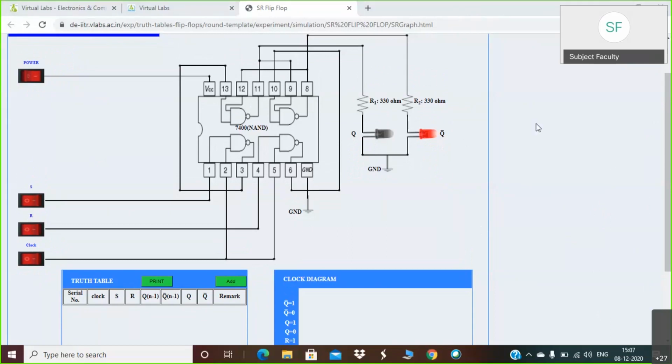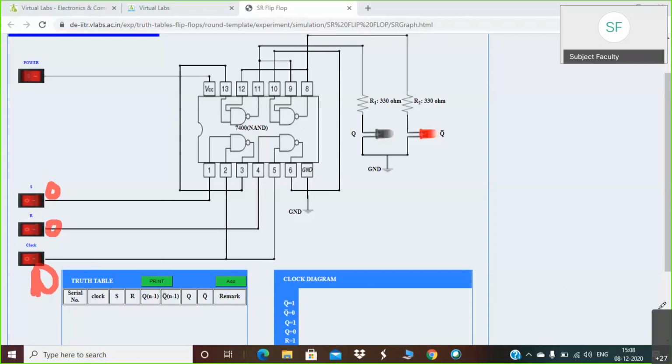All right. So we'll take a few cases. The first case is, since inputs are 2, always make sure that the clock is equal to 1. The clock should also be 1 always. What happens when the clock is 0? Currently it is in the 0 state. So we will see. Currently what are the values of all three inputs? S is 0, R is also 0, and the clock is also 0 here. I have not given it any value. By default all switches are at 0.